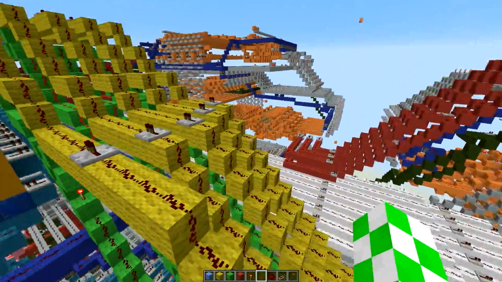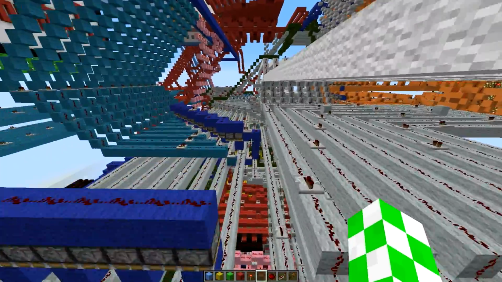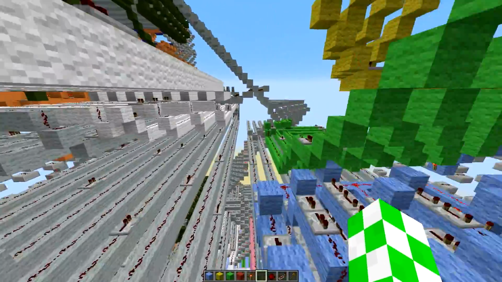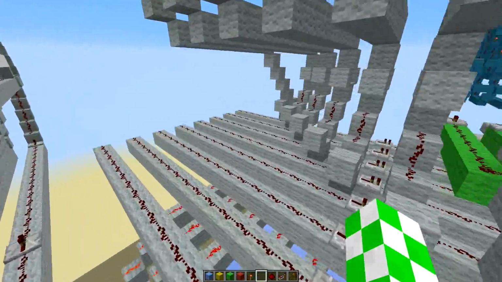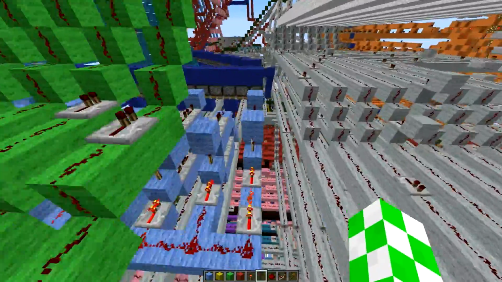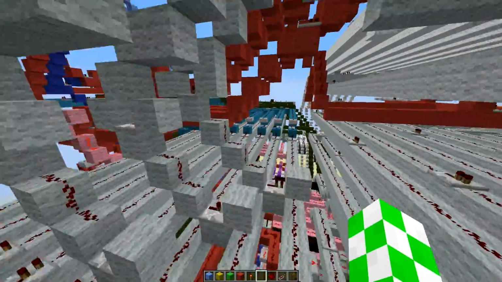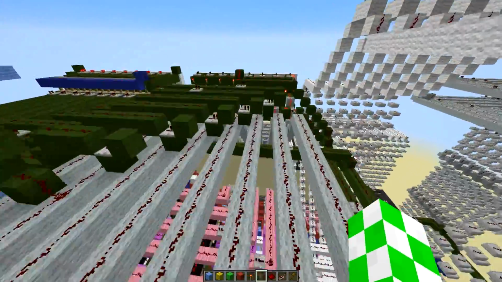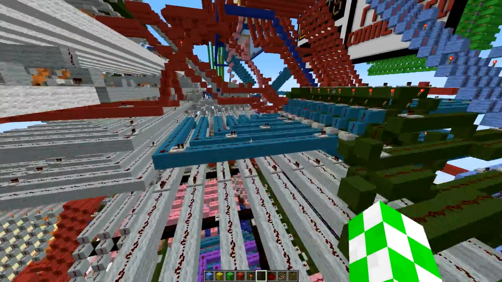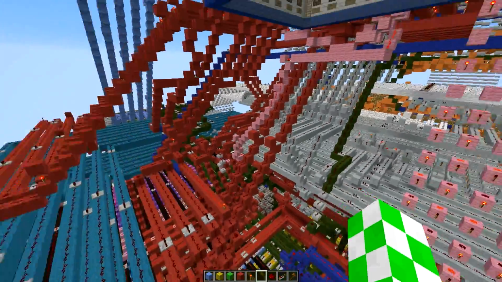The thing about this computer is that I designed it so that there is a quote-unquote master output bus. It starts over here, and it runs right through the center of the computer. This gray bus right here goes all the way down. As you can see, there's a lot of things connected to it and that come out of it. Basically you connect all of your peripherals, all of your data output things and input things onto the